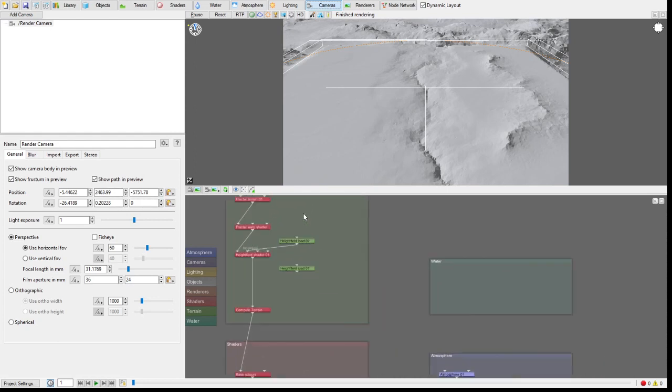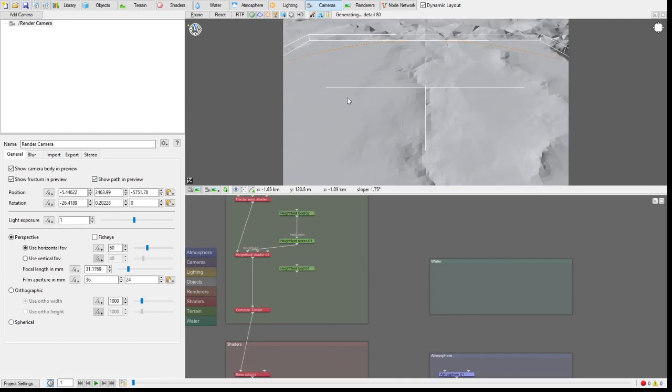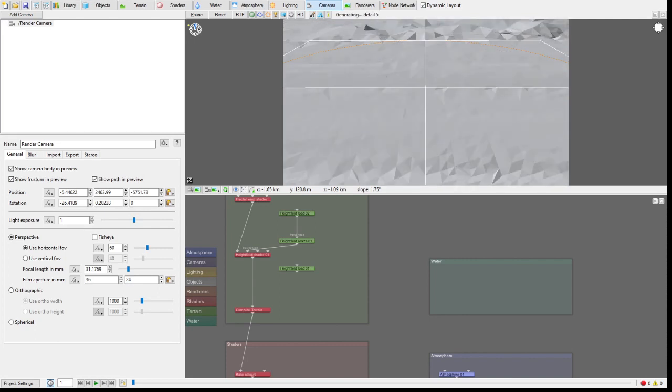So what I did here was, instead of just sticking with the scale, I went into my height field node here and went down to resize, and I resized the terrain to, I believe it was 1,000 kilometers on each side.